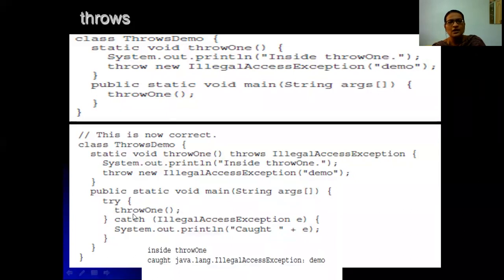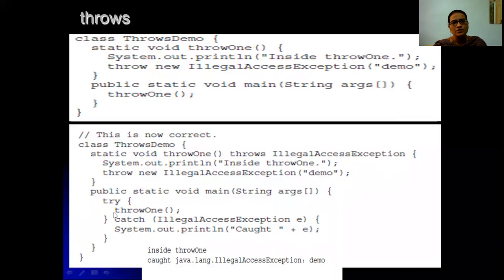We know that there will be an exception in the throw1 method, so you have to handle that exception with the catch block, right? So within this catch block, we have the IllegalAccessException. We know that we have thrown an illegal exception, so you have to create an object, and finally you have to handle or print this.